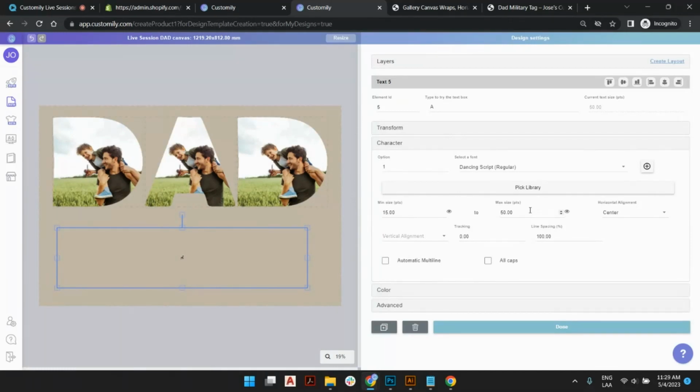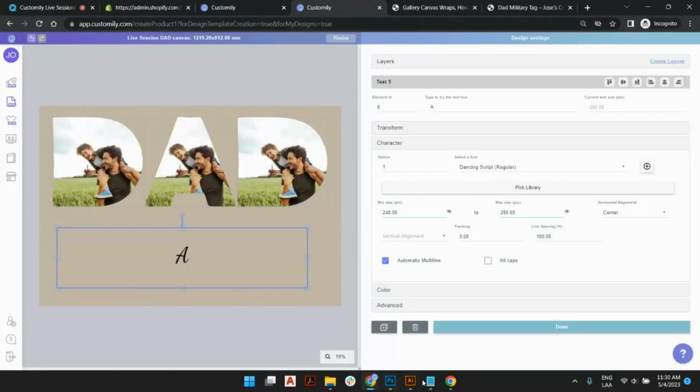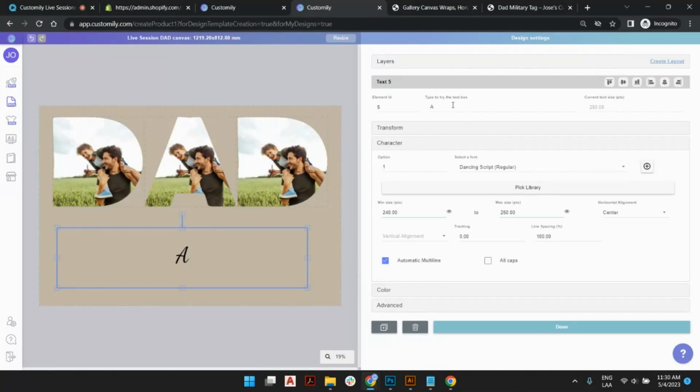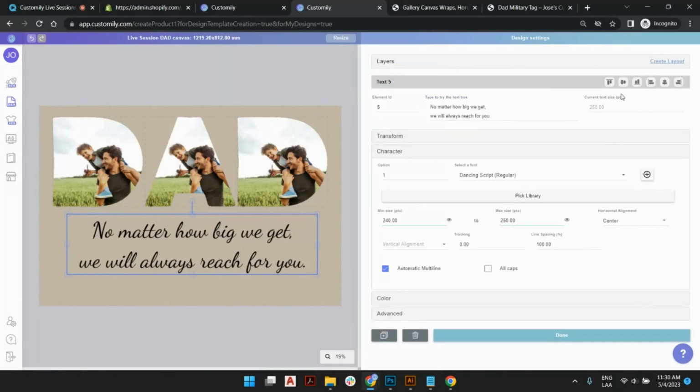I'm going to set this to, for example, 250. Now it's looking good, but I don't want this to go any smaller because we're going to put some specific text. Now let's present an example. Very important, we need to trigger this automatic multi-line because we want to have 2 lines of text. That's what's showing here. And I have the quotes already prepared for you like this. So I'm just going to pick one of them and test it out here. Okay, this is looking nice. We can center this